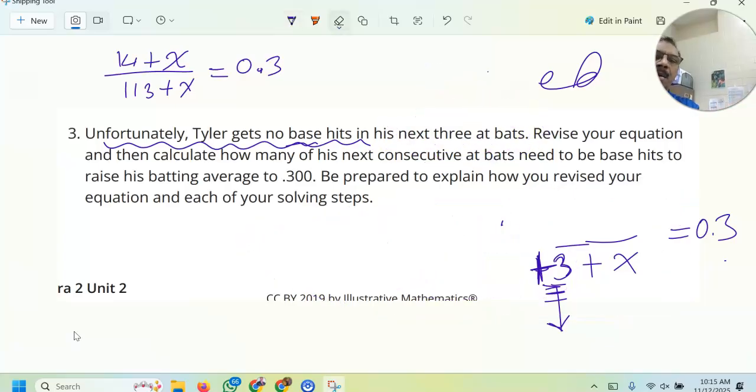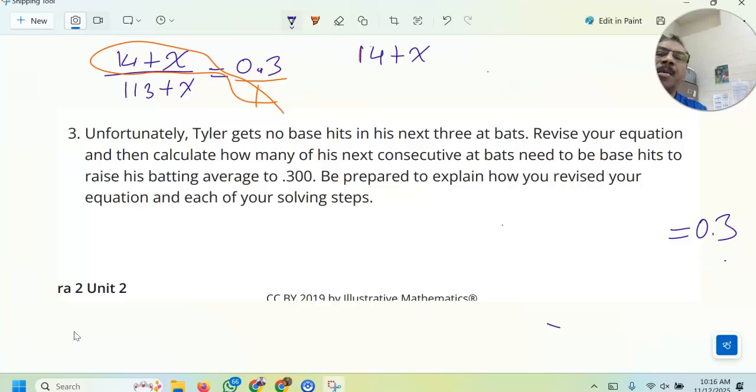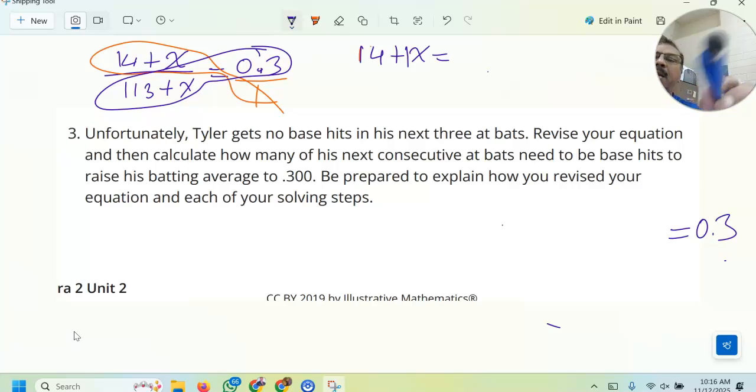Okay. So again, let's use cross product. So this is divided by 1. So 14 plus x times 1 will be 14 plus x, which is actually 1x, okay, equals, and you multiply this 0.3 by